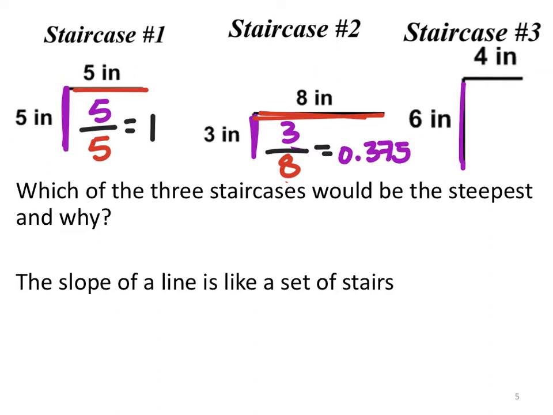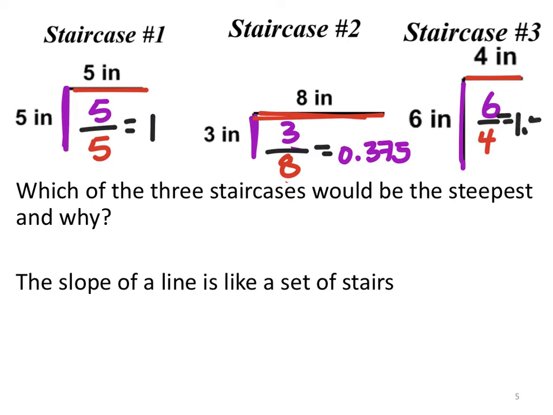So just make sure you have those organized properly, right? Because I don't know what that guy's doing right there, putting the 8 in the numerator. But it's always the vertical change in the numerator, okay? So like this next one, the vertical change is 6, so that's our numerator. The denominator is the horizontal change, that's 4 in this case. And 6 over 4,